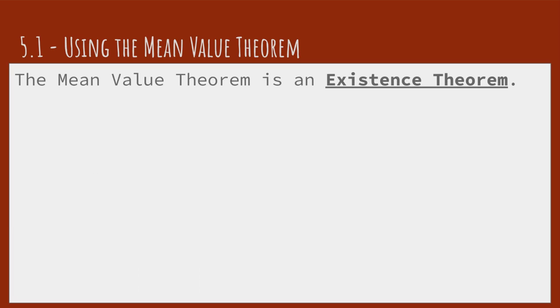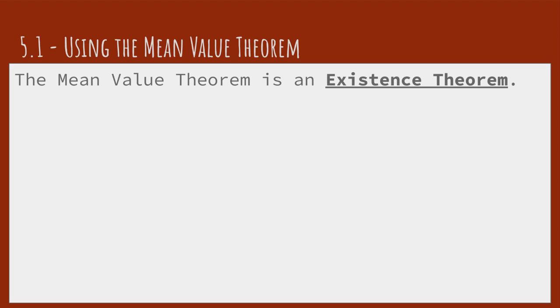So I mentioned this earlier. I want to talk about what the word exist in this theorem means. The mean value theorem is what's called an existence theorem. So what that means is it tells us that under certain circumstances, we know something has to exist. In this case, we know that there is some point on the interval. So there is at least one point on the open interval from A to B where that equation for the mean value theorem holds. What the mean value theorem doesn't do is tell us where it is. So it says somewhere on the interval, we're going to have this point where it meets these certain conditions, but